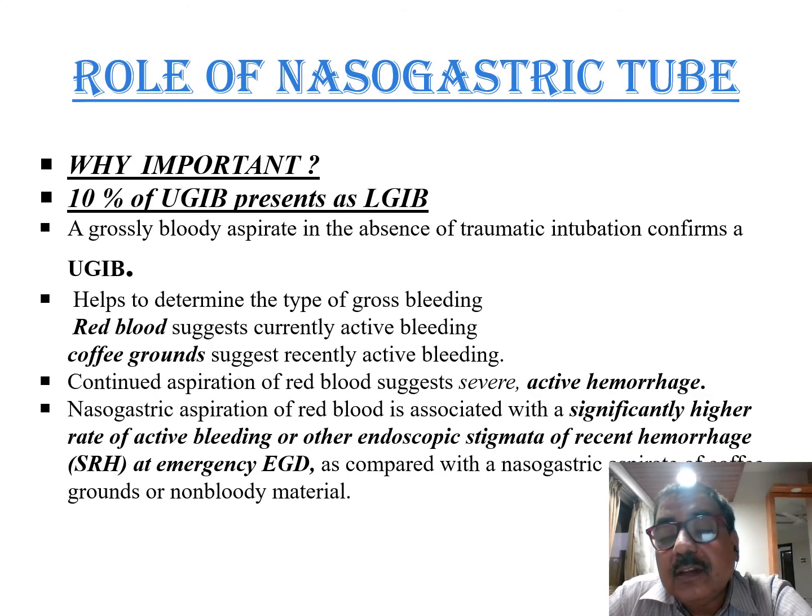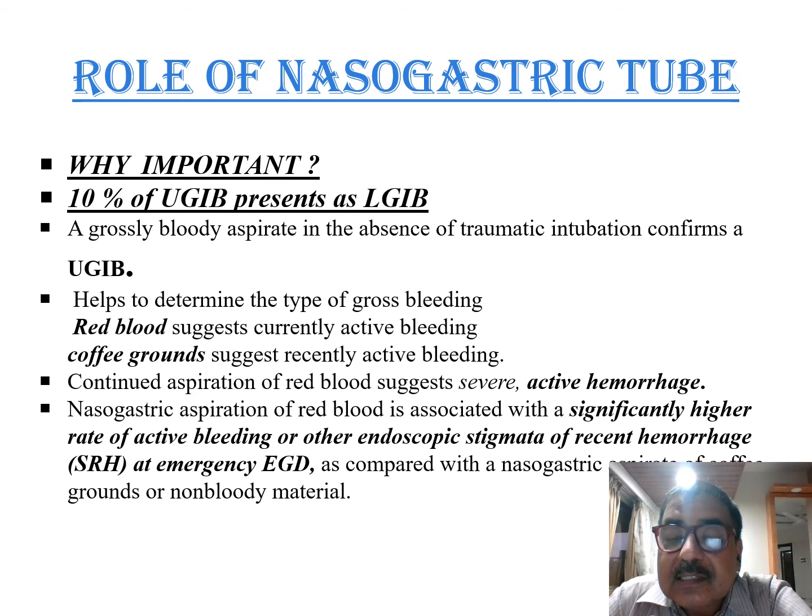So what is the role of the nasogastric tube? Because 10% of upper GI hemorrhage may present like lower GI hemorrhage. If you know it, you can treat it accordingly, because the risk factors are far different. Lower GI bleeds are mostly caused by malignancy. Upper GI bleeds are due to varices and acid peptic diseases. So if you do the nasogastric tube evaluation, you can distinctly come to know what